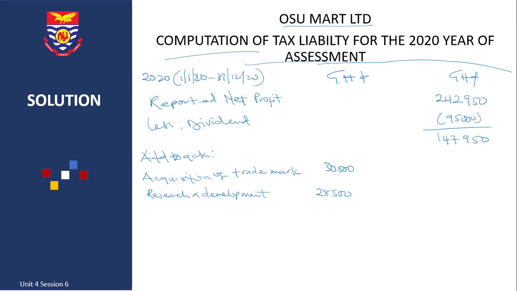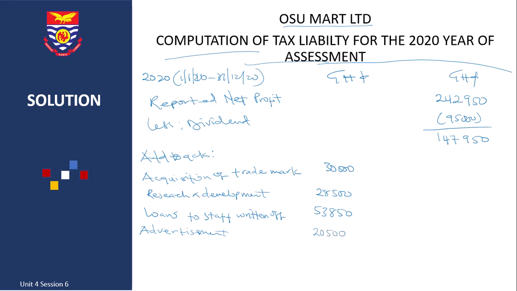And we said we are going to disallow the acquisition of new machinery, 28,500. Then from our financial statements, we have loans to staff written off. This is automatically not allowed. So we are going to add back 53,850. Then we have advertisements. For advertisements, we had neon signboard and then media adverts. And we said adverts of capital nature are disallowed and those in the media are allowed. So we are going to disallow an amount of 2,500.